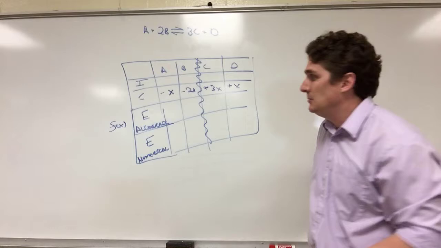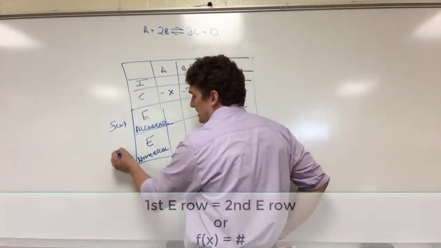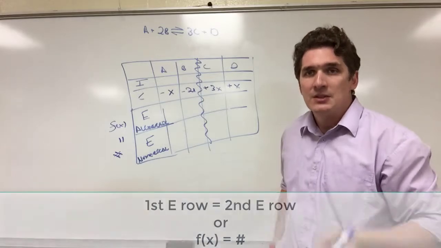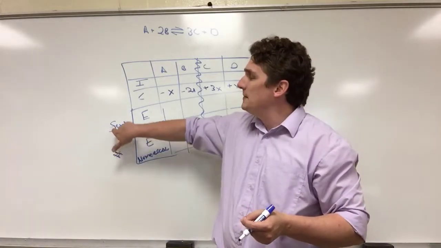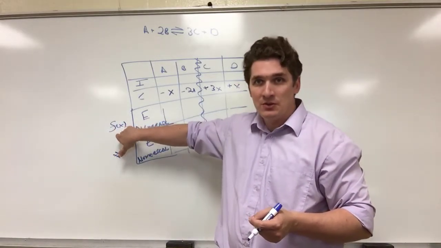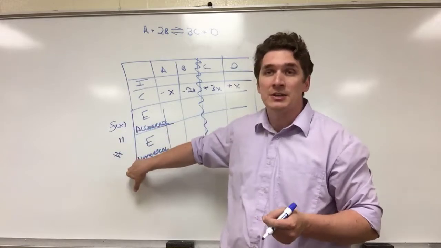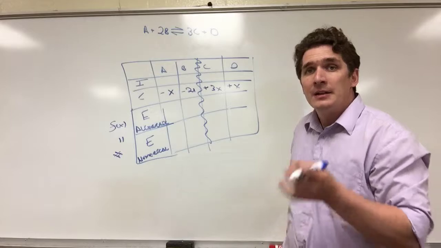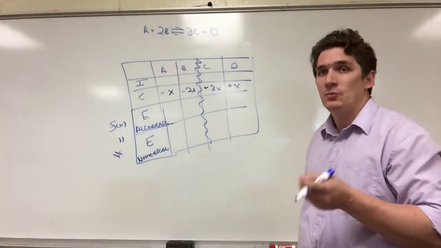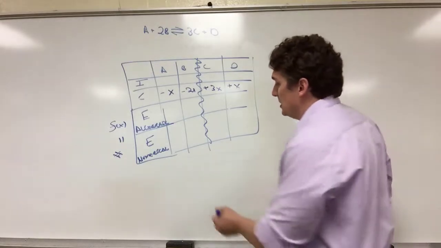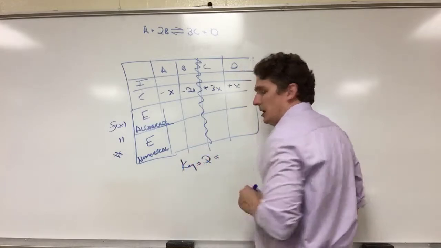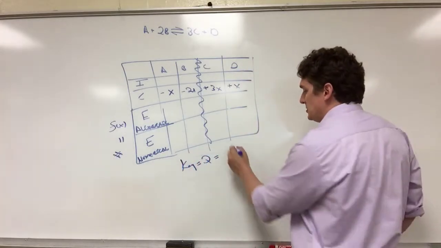The power of the second E row, though, is that it is a number, and it is equal to the function of x. So if we know the number, we can figure out what the extent of reaction is. Or if we know the extent of reaction, we can backtrack out what the actual number is. So these 2 rows are equivalent. Now the other power of the ICE table: we need an ICE table to solve equilibrium problems. We also need our expression K equals Q, in whatever Q is. Now Q is a function